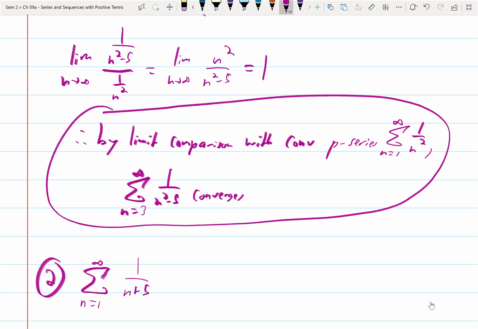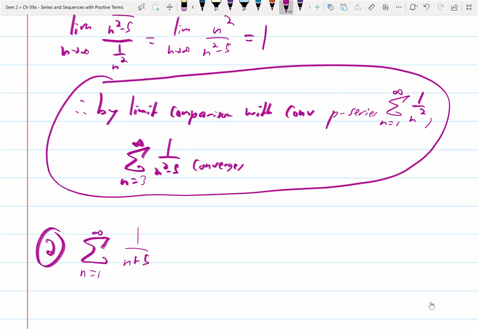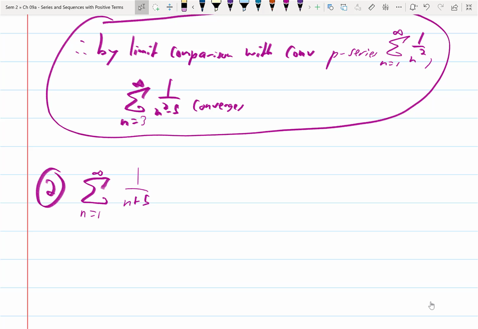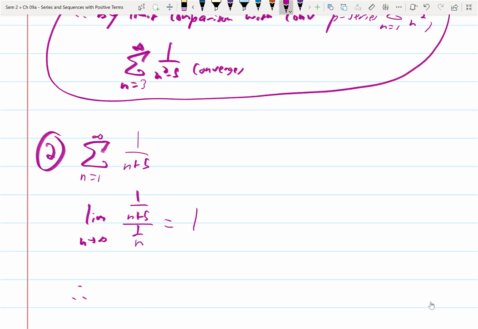If you try direct comparison, or if you just don't feel like doing direct comparison, which is fine now, given the directions that I was going to say, you still need to know how to do direct comparison, but there's no need to with this, because you know that 1 over n plus 5 is going to be very similar to 1 over n. So the limit as n approaches infinity of 1 over n plus 5 over 1 over n. I'm not even going to make you guys rewrite that anymore. You know what that limit should be. That's 1. And then you can just steal the sentence above. Therefore, by limit comparison,